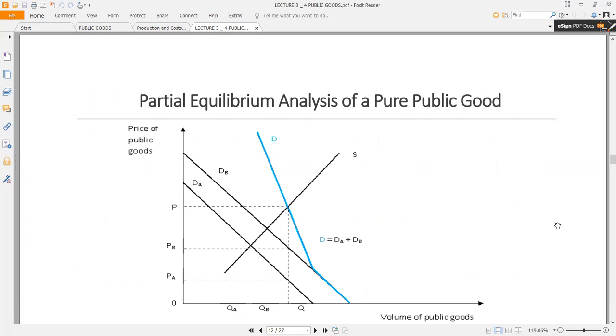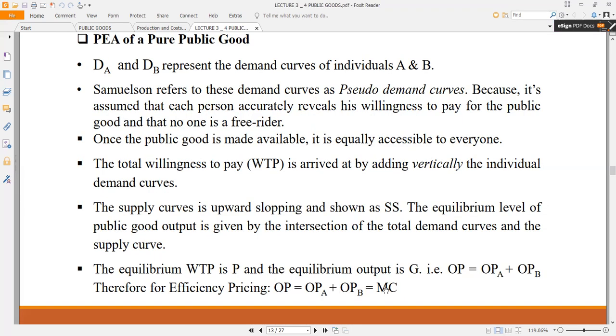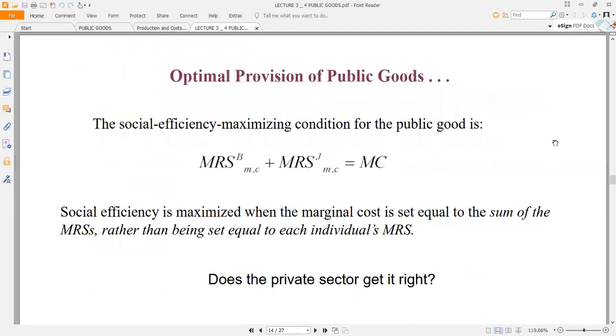But if you remember, under the private good, it wasn't like that. We just equated the price to the marginal cost. It was rather quantity that we had to add, the two quantities, to get our equilibrium quantity or the market quantity. Okay. Right, so for the public good, we have efficiency in its production